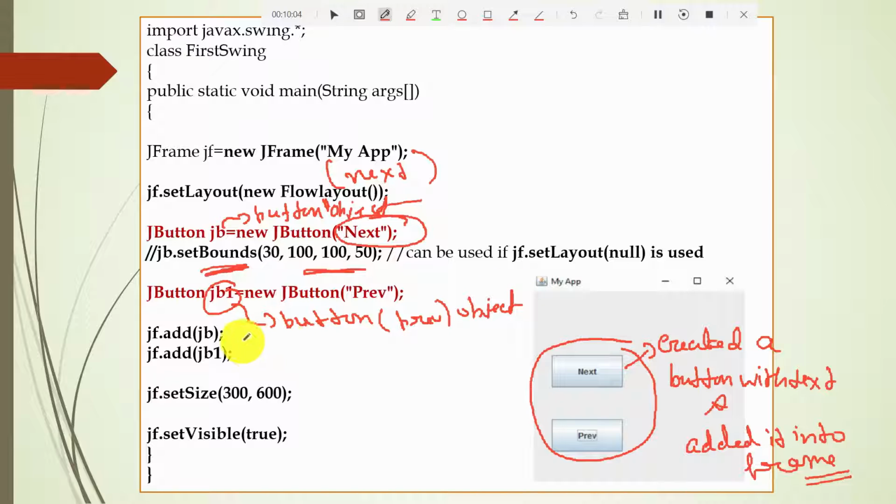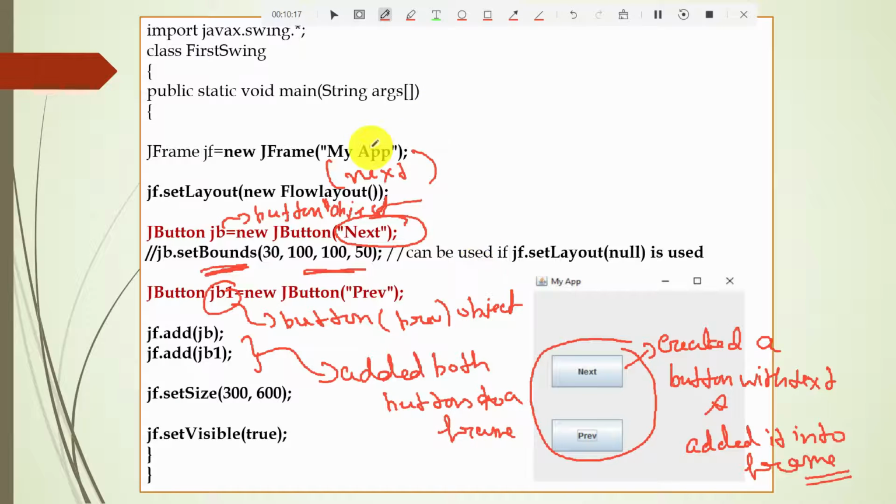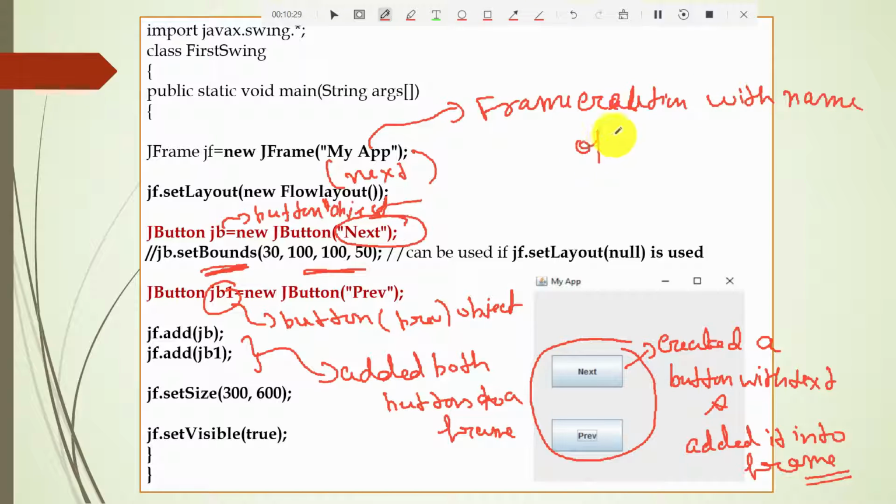Okay, and here what I have done is nothing but added both buttons to a frame. So this is the frame creation, frame creation with name of the frame.